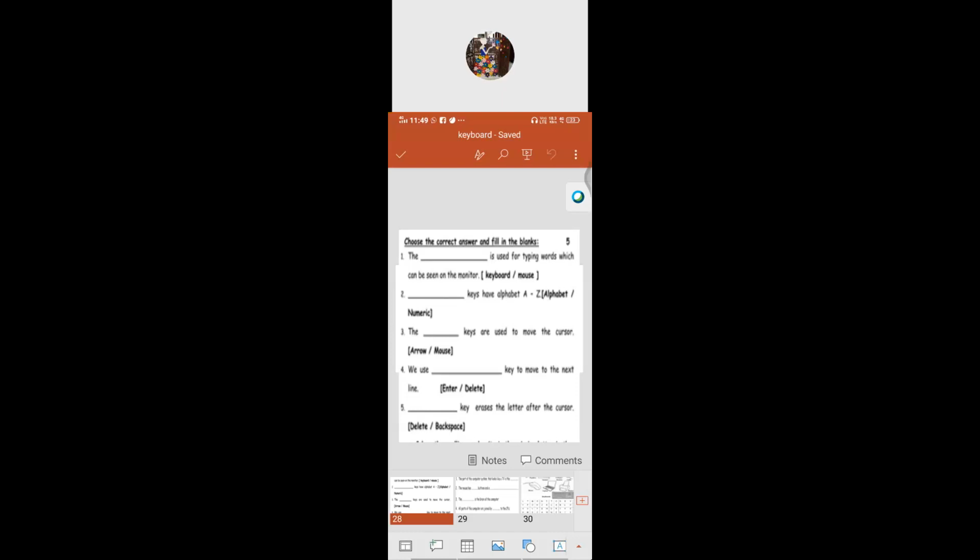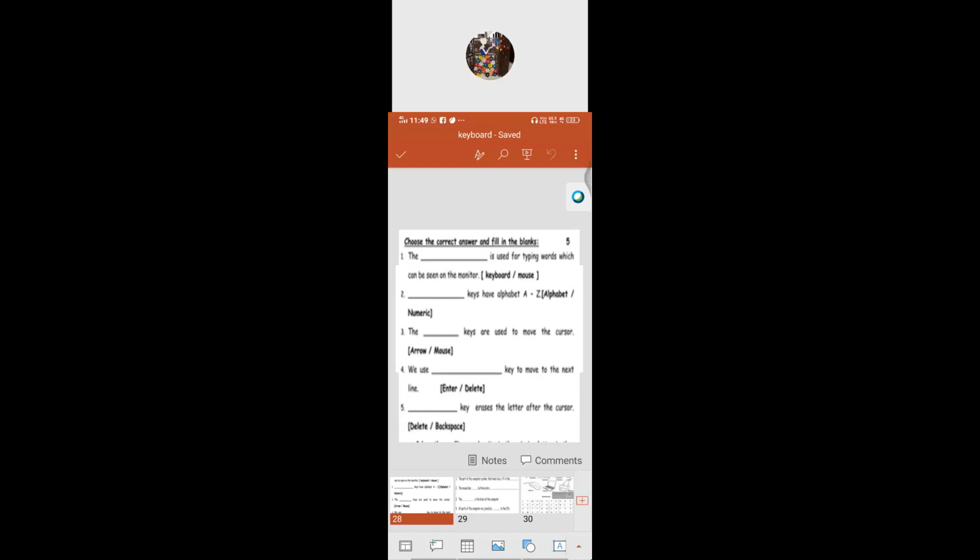Do you know or not? Okay, can you mute now? Let someone else answer. Okay, Sukhi then. Sukhi, tell me: for the fourth one, we use the blank key to move to the next line. Enter key. Very good, Sukhi. Pratiksha, did you get it now? Pratiksha, what key is that? Enter key. Very good, Pratiksha. Can you mute now? Okay.